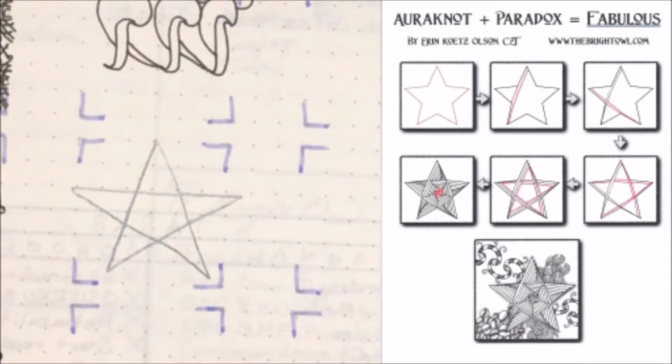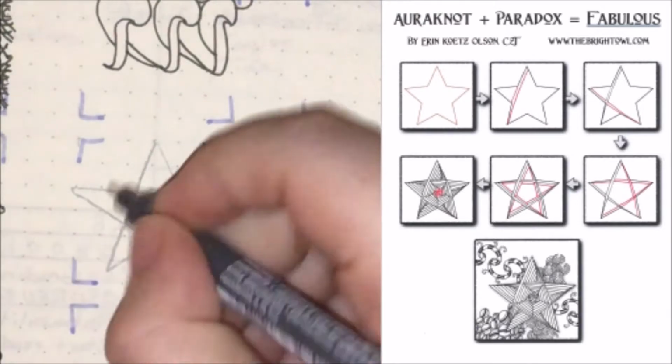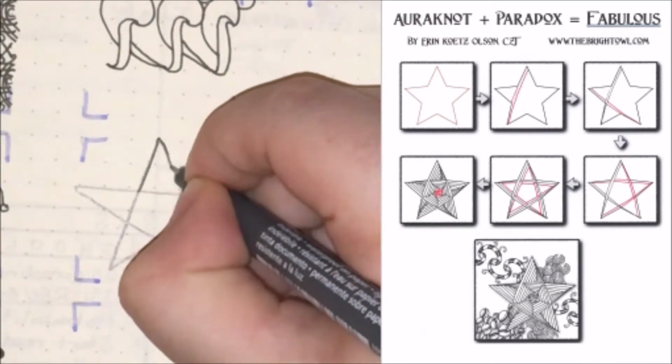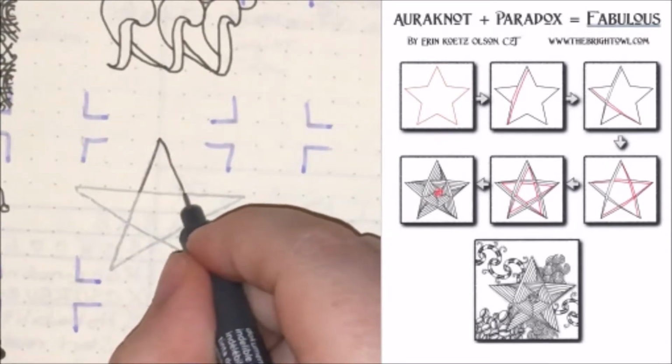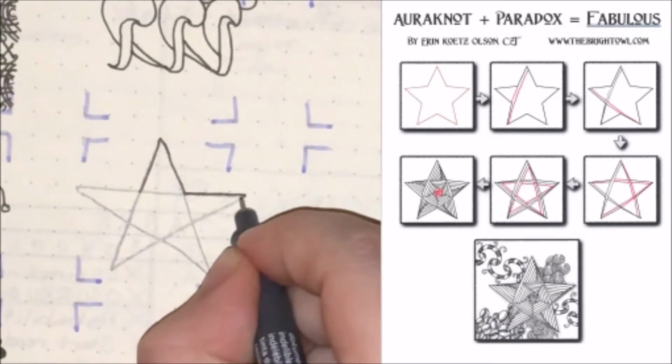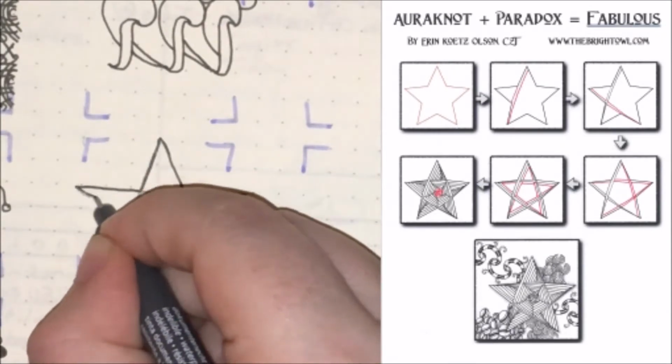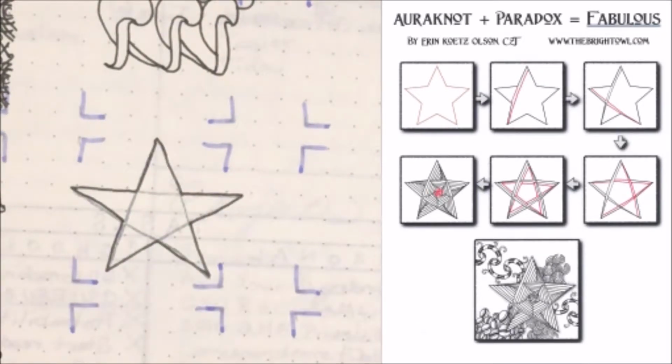And then with my pen, I'm going to come around and fill in the outer edges and darken those up. All right, and now that I've done that,